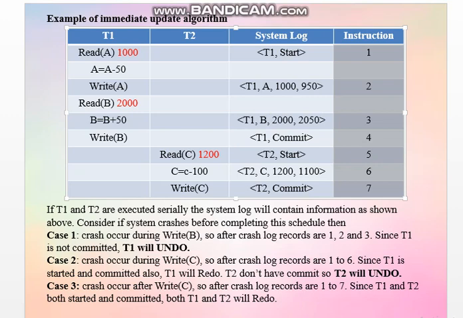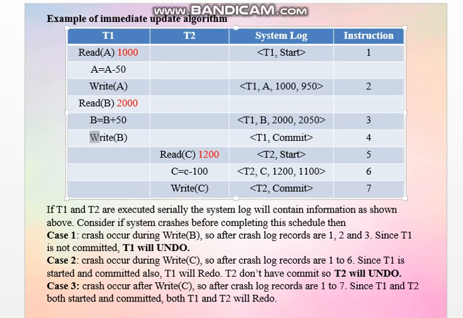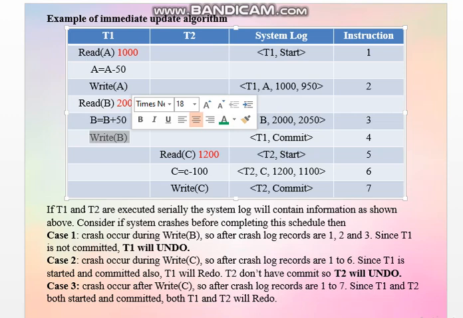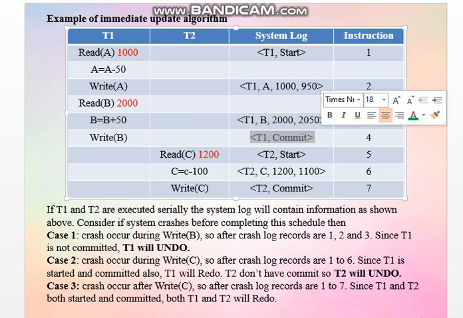Consider if the system crashed before completing its schedule. Then we have 3 cases. Case number 1: crash occurred during write B. Here the transaction has executed instructions 1 to 3. Since we only find the entry Ti start, but we don't find the entry Ti commit,